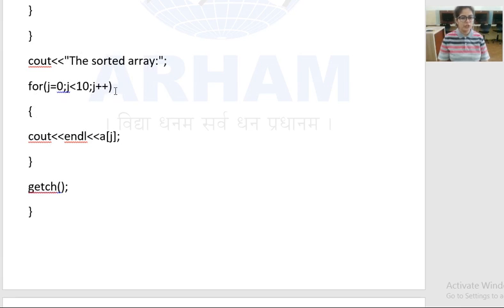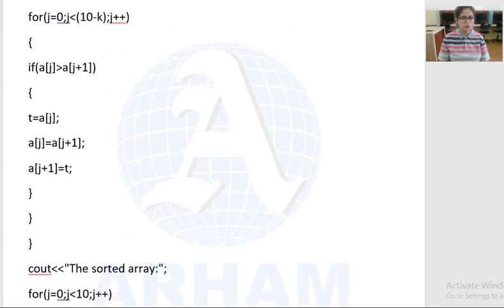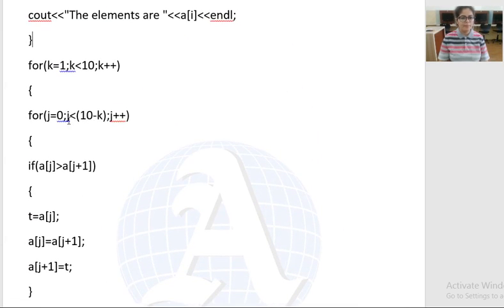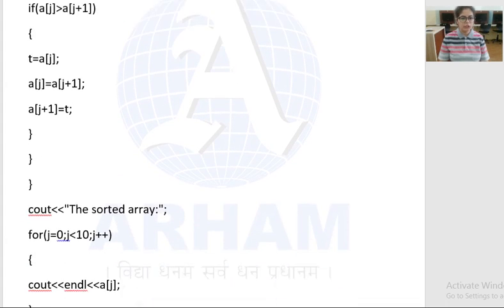Now, the for loop with the j variable: we applied the j loop to apply passes on that. You can check that. We applied the j loop to swap the numbers by using the jth element.